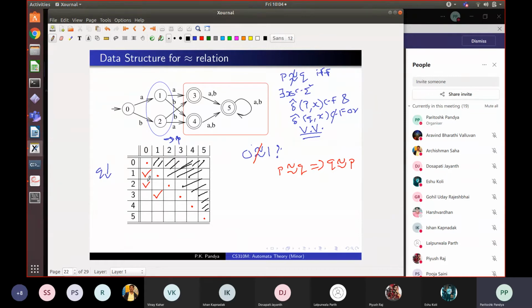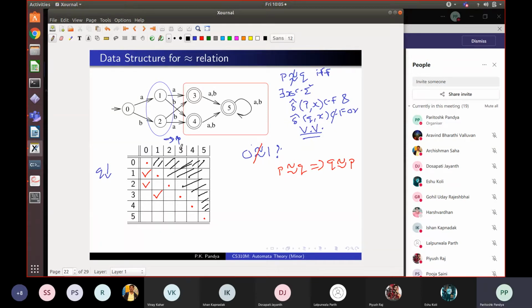It is the lower triangular part of the matrix which needs to be determined, right? And we will write down the status of whether two states are separable or equivalent by putting ticks wherever they are separable, right? So that is the data structure. And wherever they are not separable, we will leave a blank. So blank is same as dot. So this is how you can denote which states are equivalent to which state. This is the data structure we are going to use. Is the data structure clear?